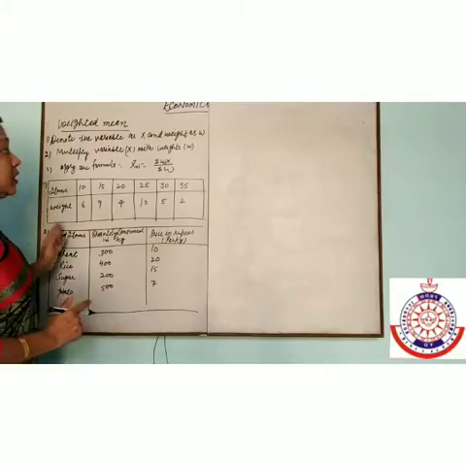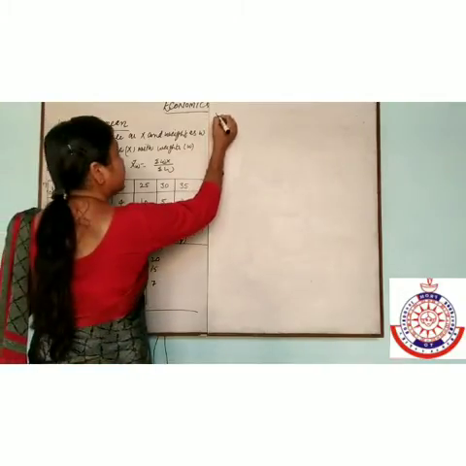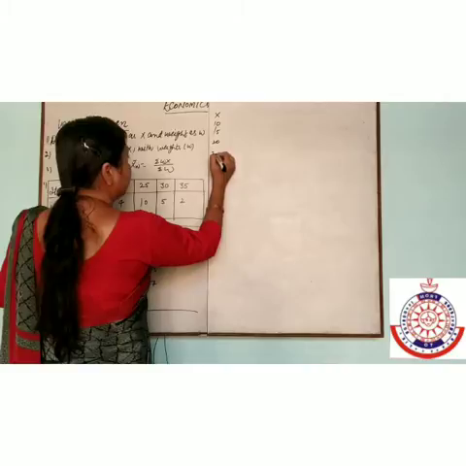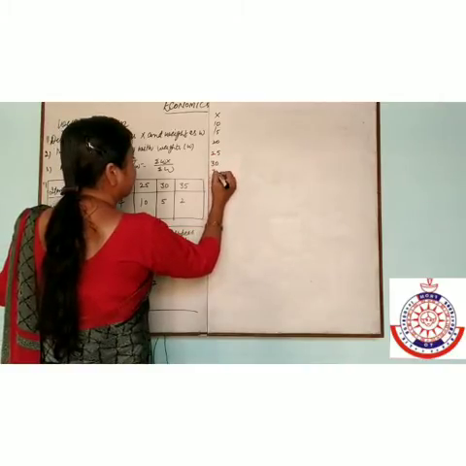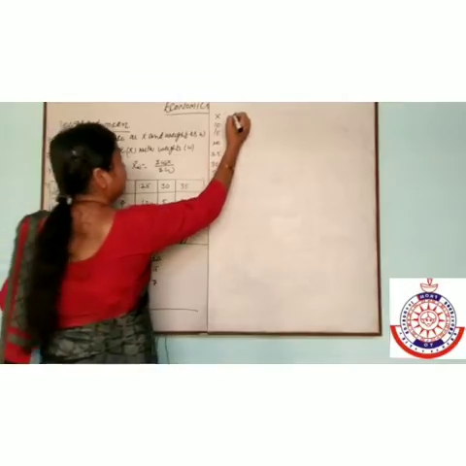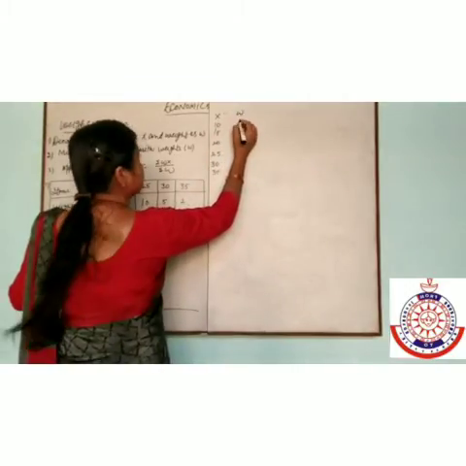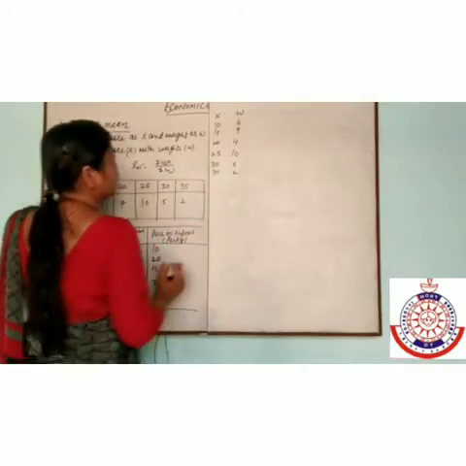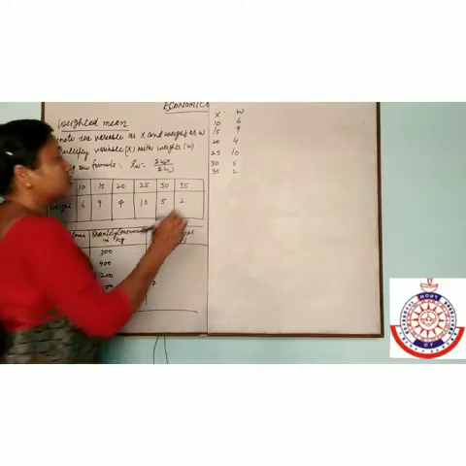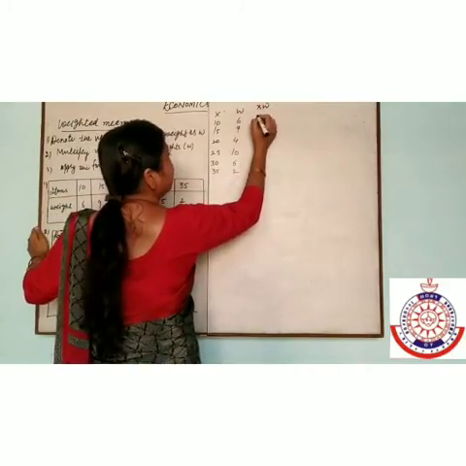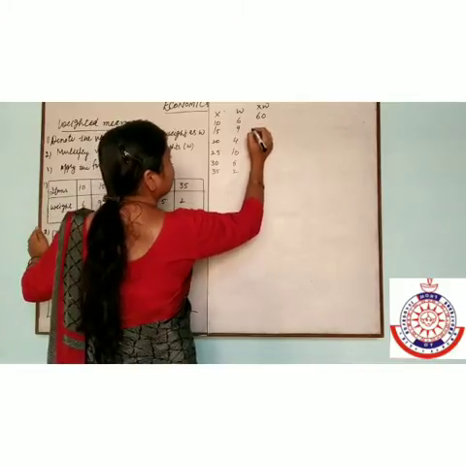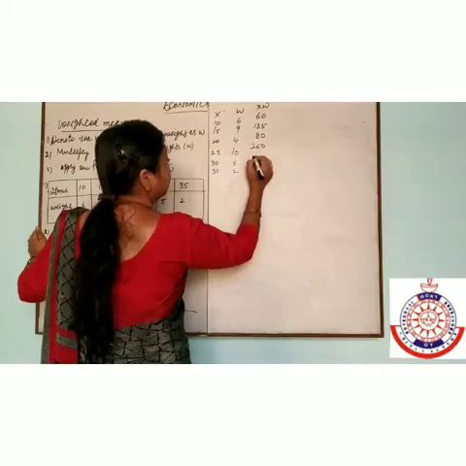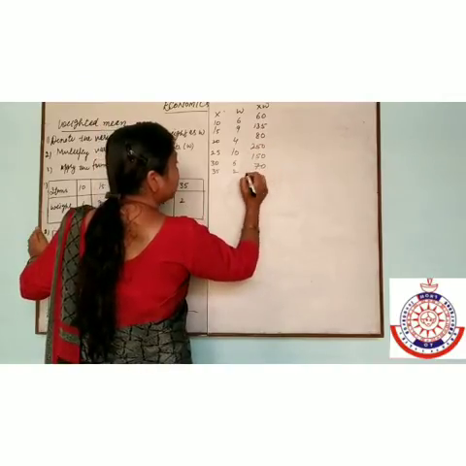Here we are taking examples. Here items and weights are given. Item is a variable, so we will take x: 10, 15, 20, 25, 30 and 35. And weight w is 6, 9, 4, 10, 5, 2. Here x and w are given, so first of all we will multiply x and w, that is 60, 135, 80, 250, 150 and 70.